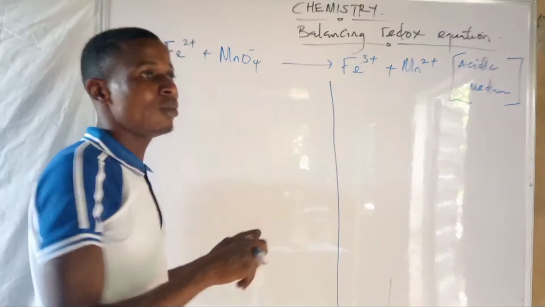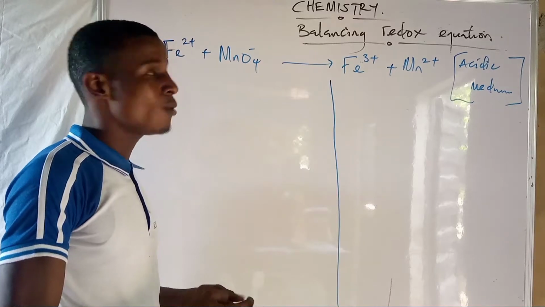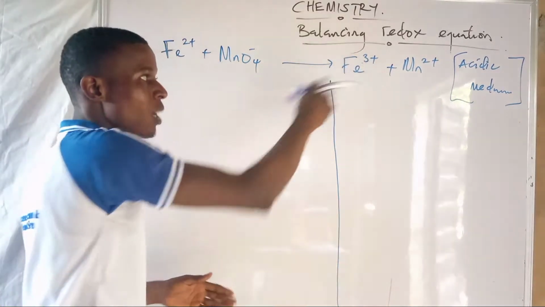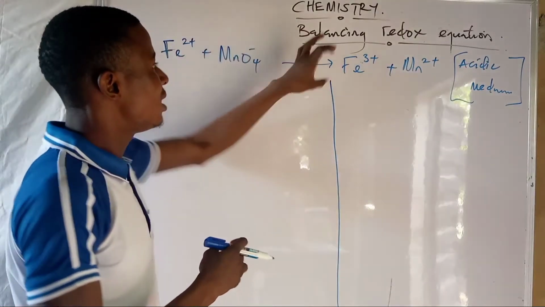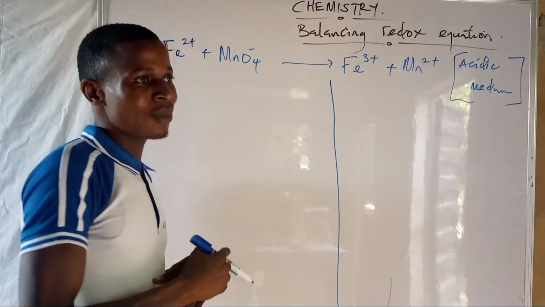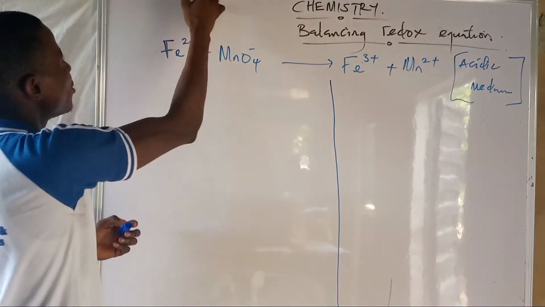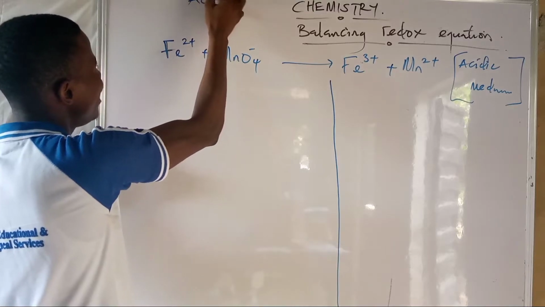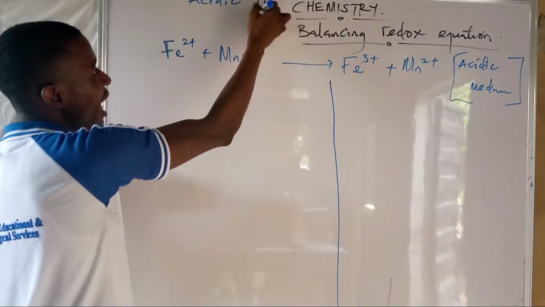So we have balanced the one in neutral medium. Let's move on to how to balance in acidic medium. When you are given a question like this, to balance the redox reaction in acidic medium, the first thing I would like to tell you is the meaning of acidic. When they tell you something is acidic, you must know that acidic means